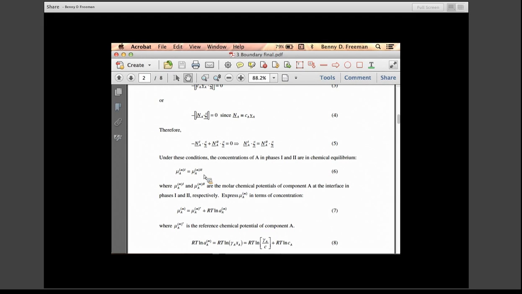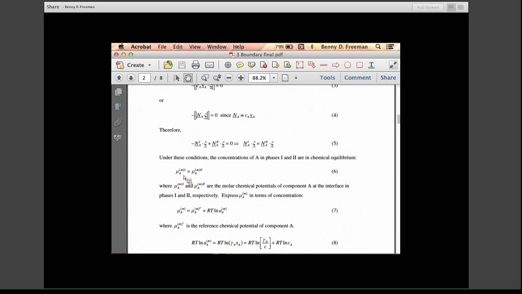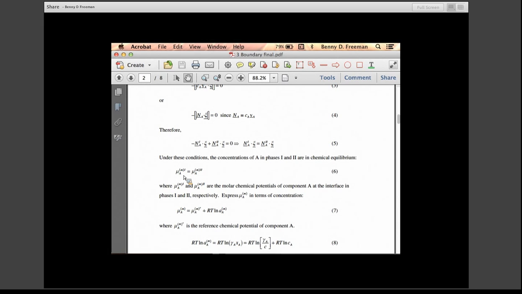The superscript m denotes that we're using the molar version of chemical potential. It turns out that one can also define the chemical potential on a mass basis, and we'll use that a little bit later. But this is the molar chemical potential that you may be more or less familiar with